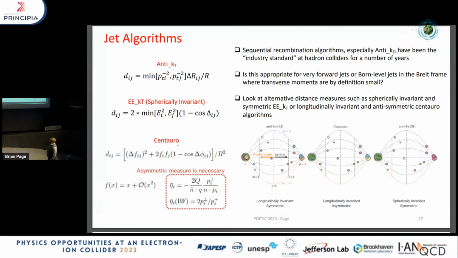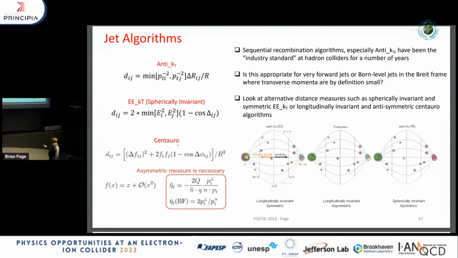You can ask if these... and, for example, the Breit frame, where by definition your jet PT is very low because it's defined to be along the z-axis, and you can consider using different measures, such as a spherically invariant measure kind of designed for something like electron-electron collisions, or